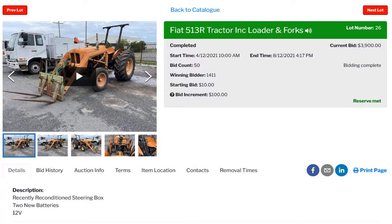So that's basically the video. It shows you the PTO working, the back forks, the front forks, raising the bucket or raising the forks, and so on, and starting up and driving. So it looked like a good tractor, but again, for nearly $4,000 plus GST, I'd want to test drive it myself